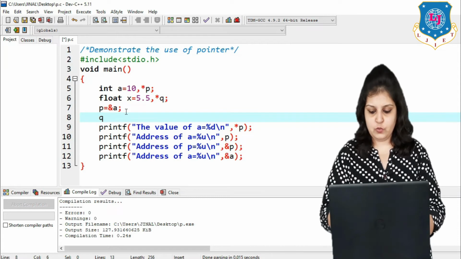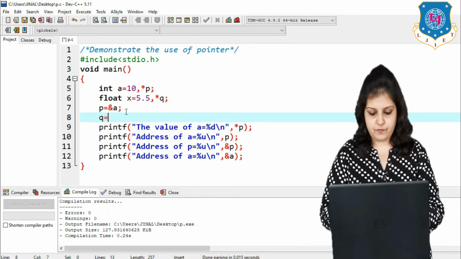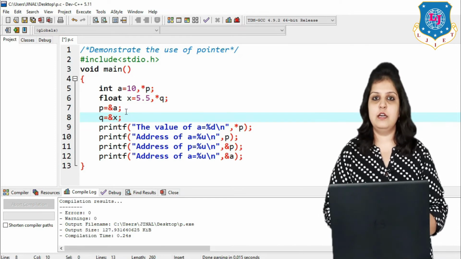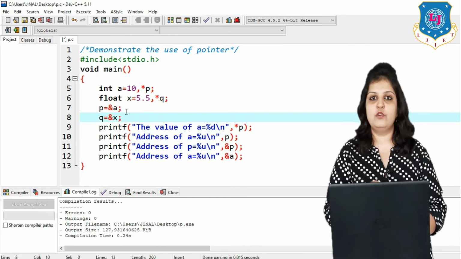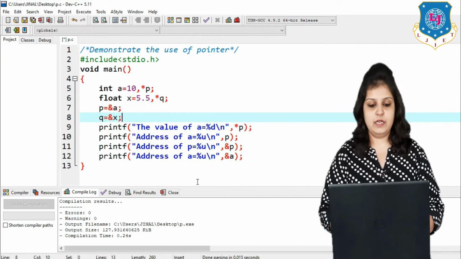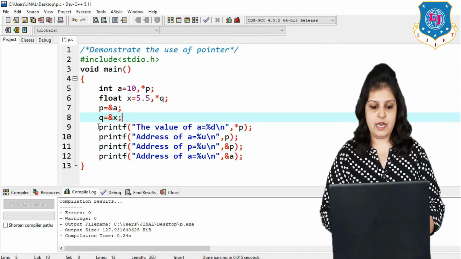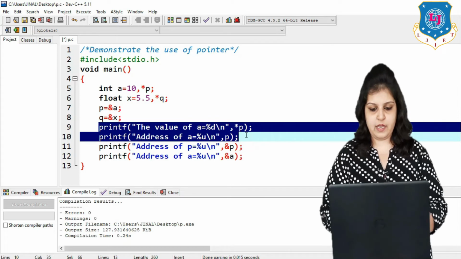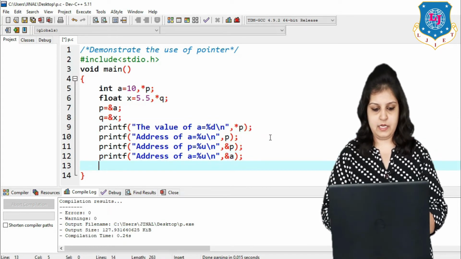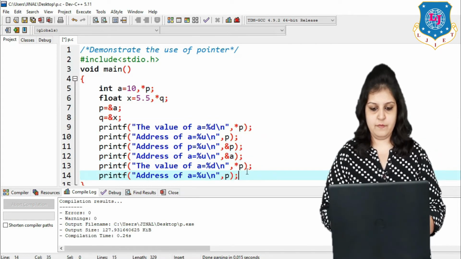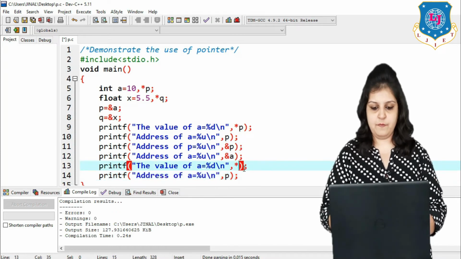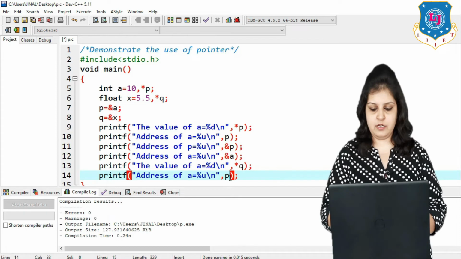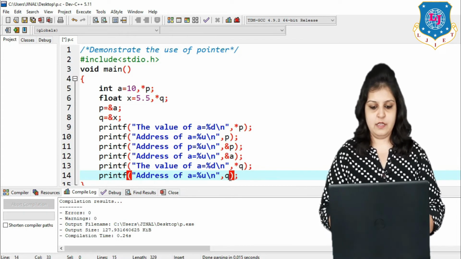So I am writing q is equal to &x. So here the address of x will be stored in our pointer q. Now I copy this printf and paste it here, and instead of p just write q. Same for the second statement.